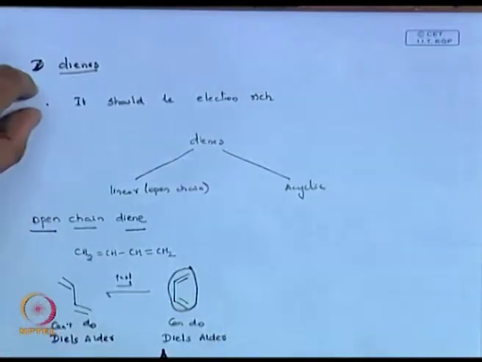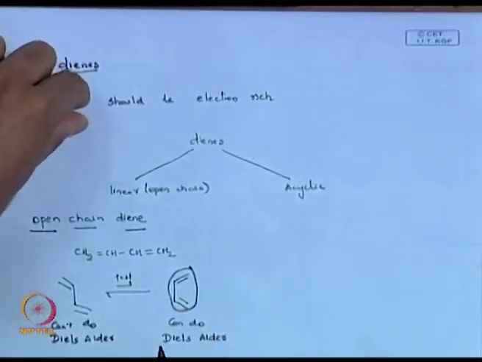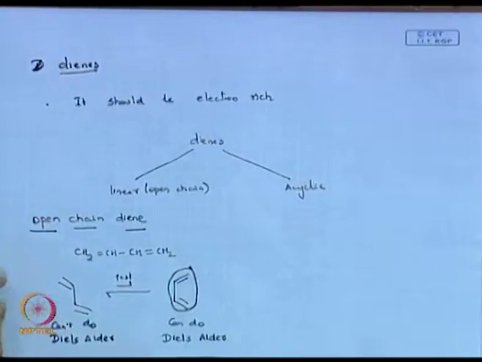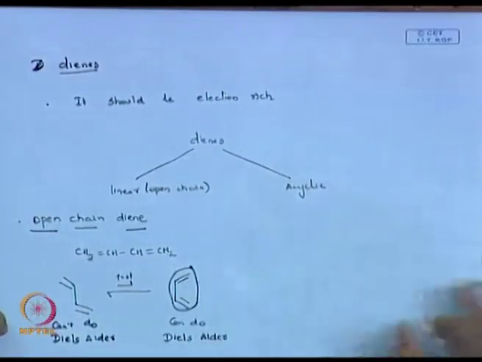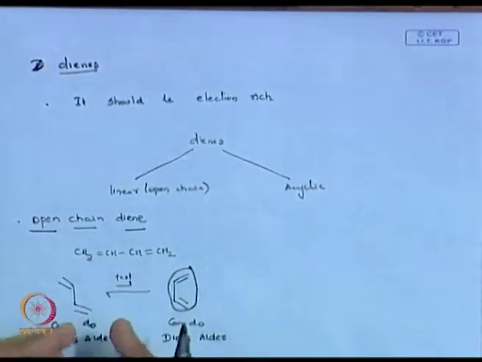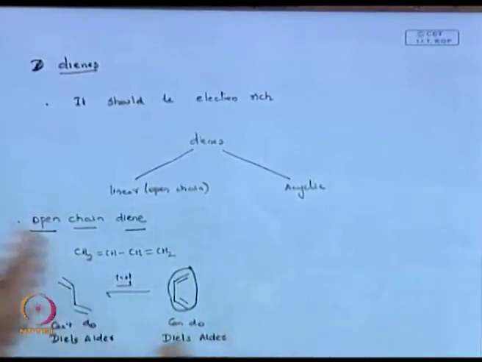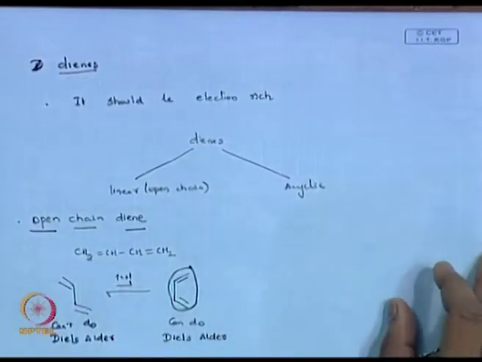So, first we said that the diene should be electron rich. Second, the diene should be in cis configuration to do the reaction, which you call S-cis, cisoid. In the linear case, you always have the opportunity of transoid and cisoid, and the cisoid ends up doing the Diels-Alder reaction. But once we go to cyclic systems,